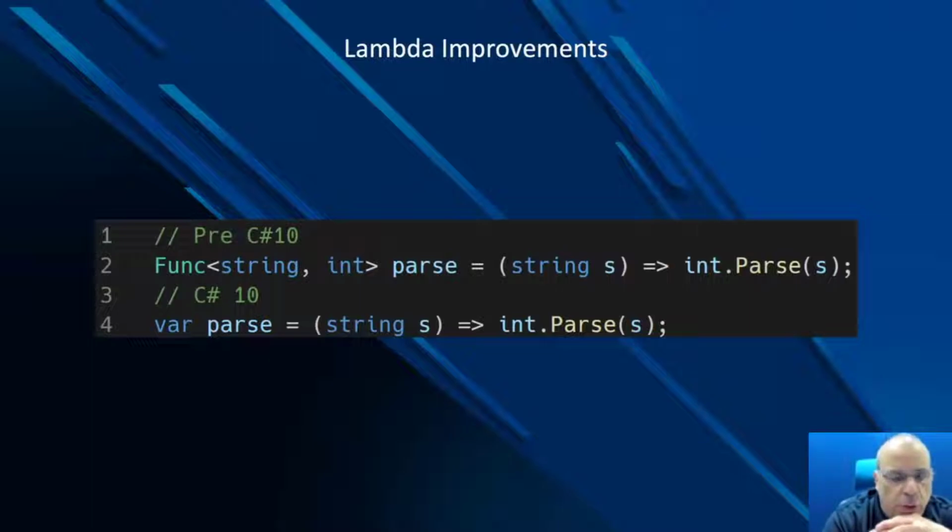There's some improvements to lambdas. Here you see in pre-C# 10 on line 2, there's a function that's defined with a string and int, and it takes that string and returns the parse value of it in int. In .NET 6, aka C# 10, now it's smart enough to know that you want a Func of string and int, and you can now